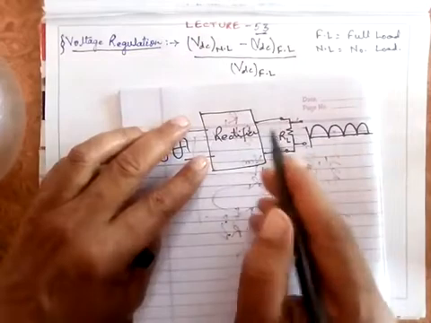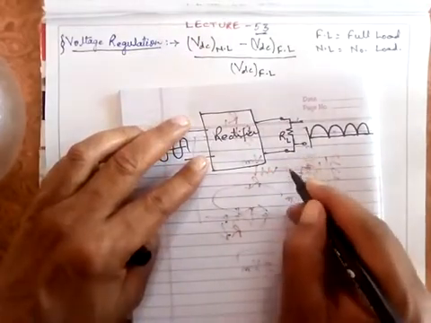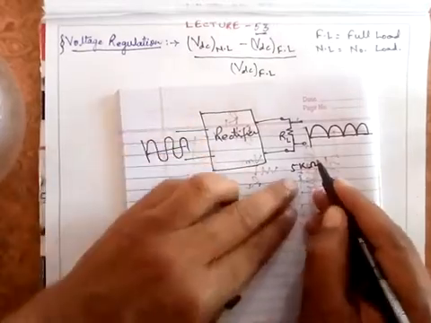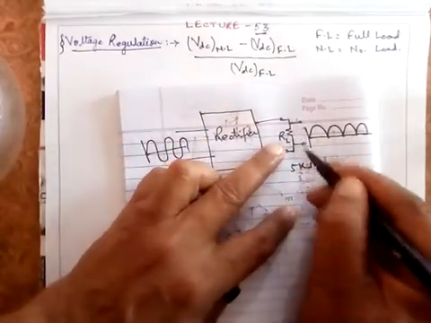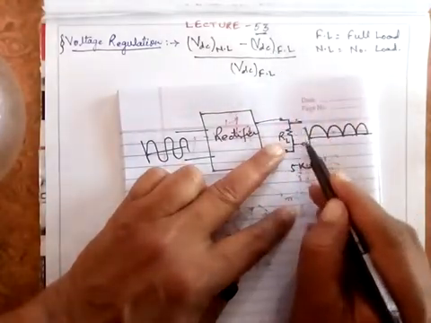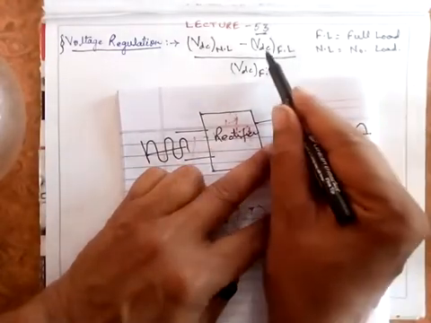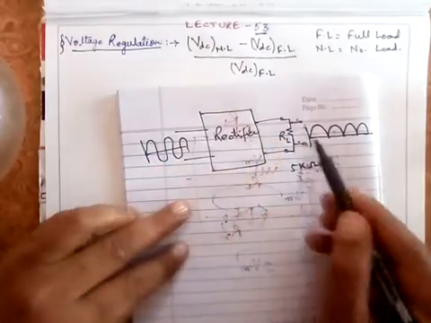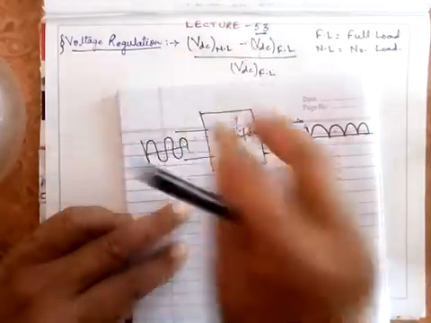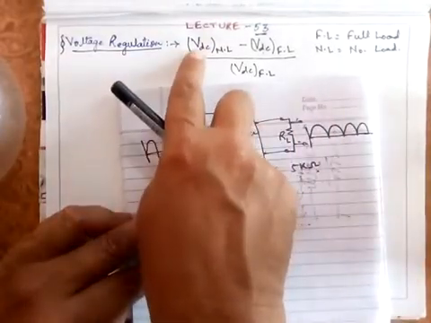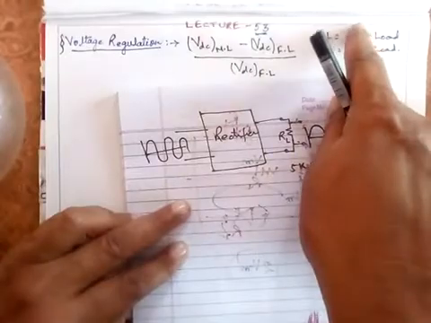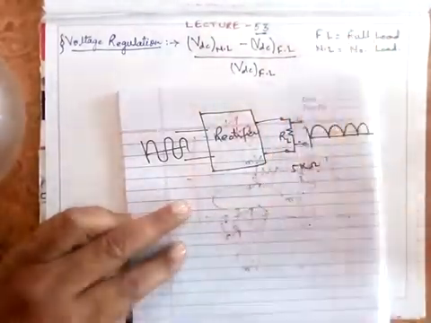Now there are two possibilities. Suppose this RL is 5 kilo ohm, 5000 ohm. First, I apply this resistance of 5000 ohm here and measure the DC voltage across it. That is called VDC, the DC voltage under full load condition. Second, I remove this load resistance and measure the DC voltage. That is the DC voltage under no load condition. I hope full load and no load are clear to you.